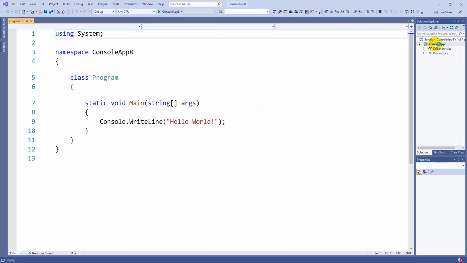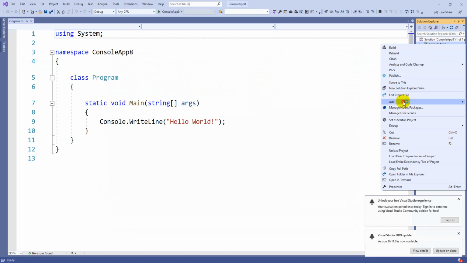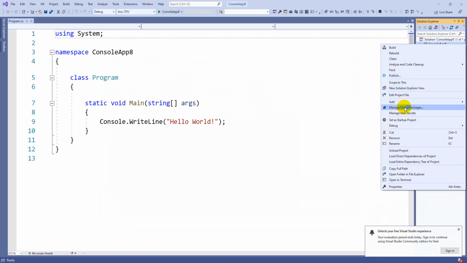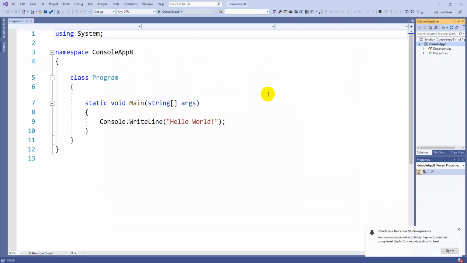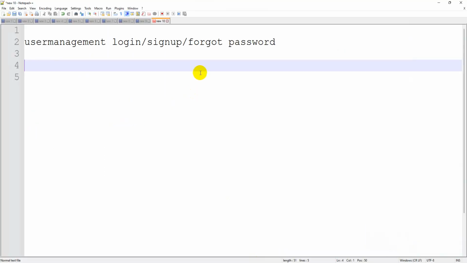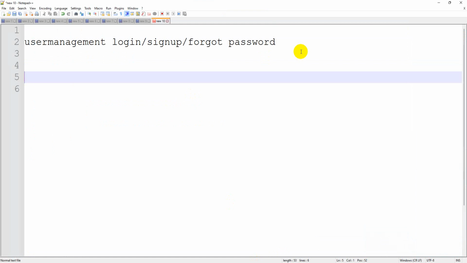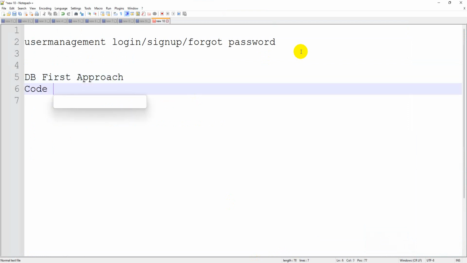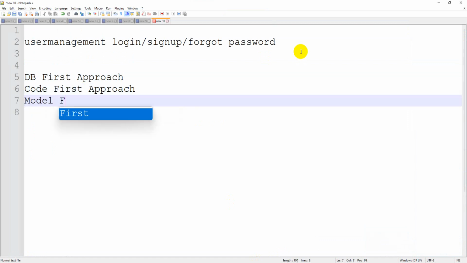Now simply do one thing: right click on this console application, go to add or go to manage NuGet packages. We need to install NuGet packages. And one more thing, guys: in .NET Framework, with Entity Framework, we studied 3 approaches: DB first approach, code first approach, and model first approach.